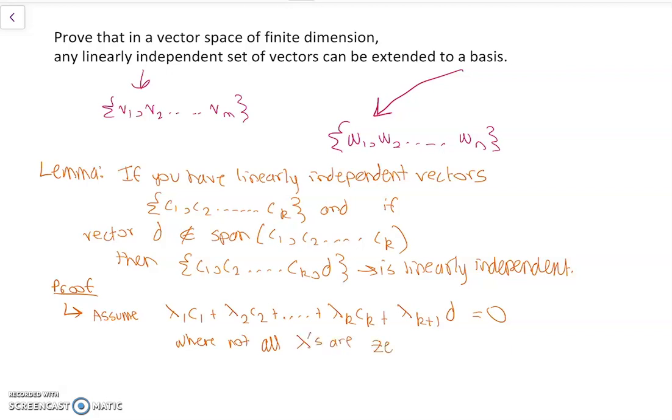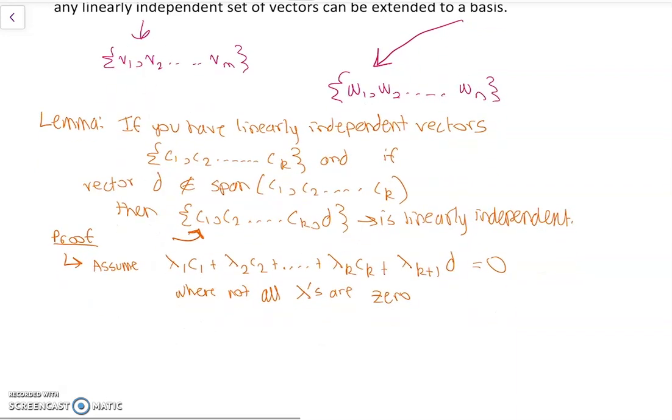So it's a non-zero linear combination giving us 0. So we are assuming this new set is not linearly independent for contradiction. So now we will have a look at the case where lambda k plus 1 is not equal to 0,